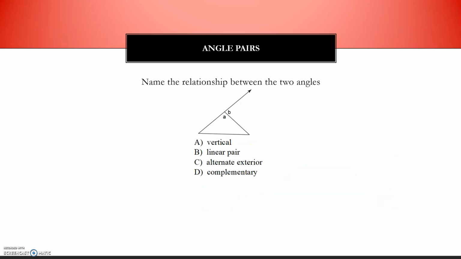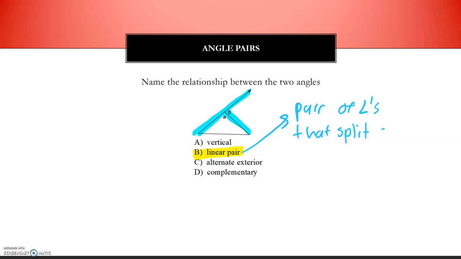The next one is what is known as a linear pair. We have a straight line here. Linear, right? Linear means line. And what I want you to notice here is a linear pair is a pair, obviously, of angles, I'll use the symbol, that split a straight angle